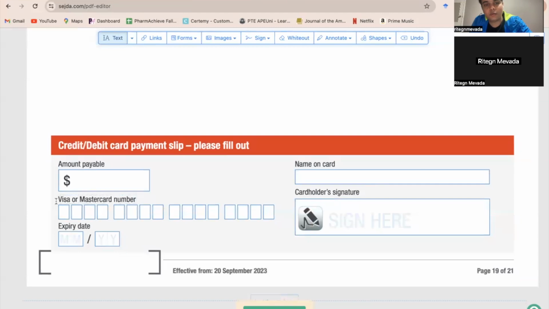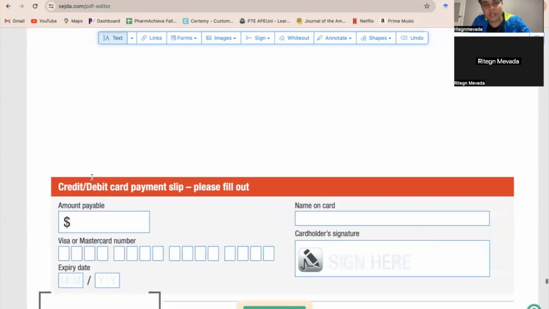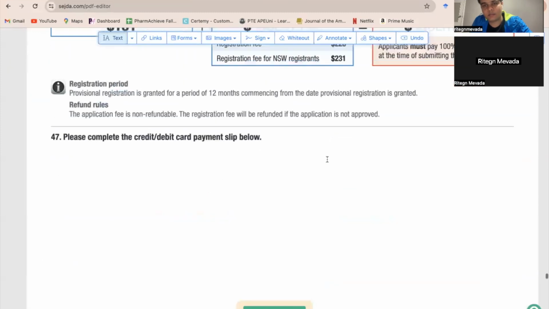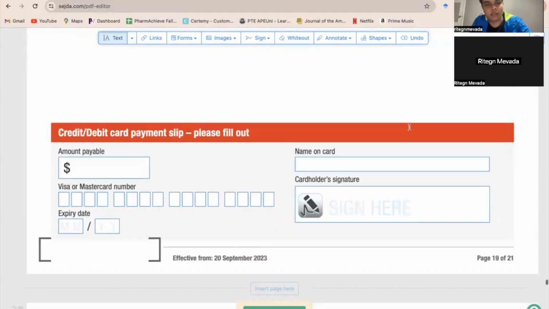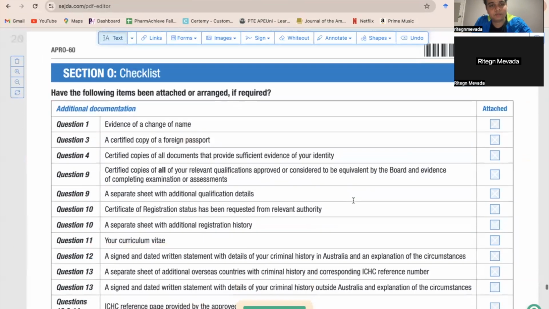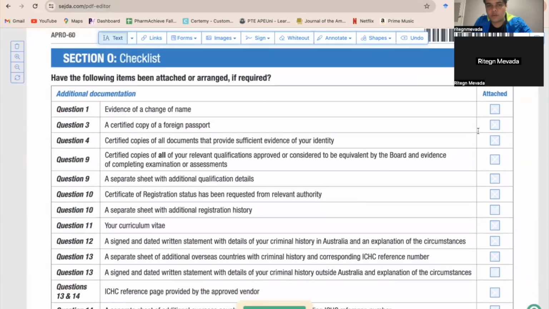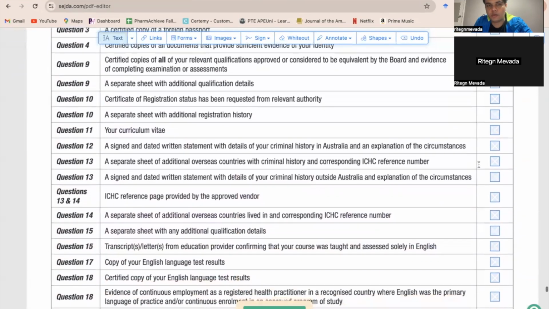You just have to put your card number, expiry date and year, and amount payable. Write the total amount here, the name on the card, and your signature. You don't need your CVV number. Just tick what documents you are going to upload. Now,